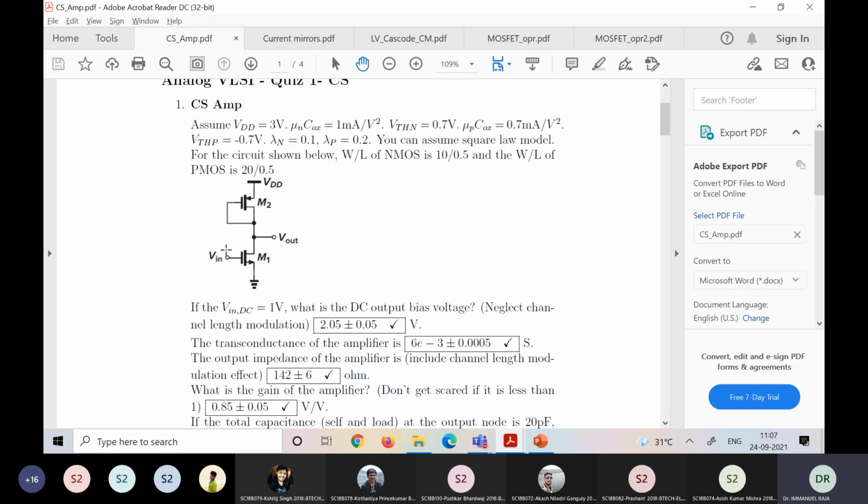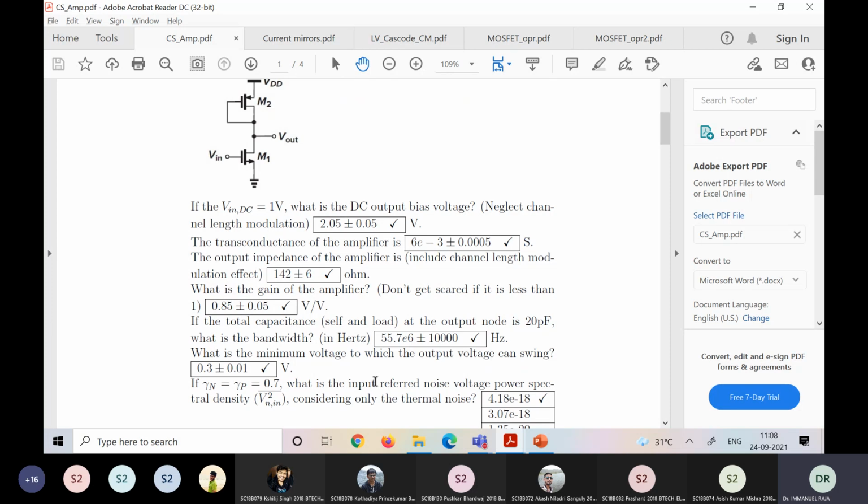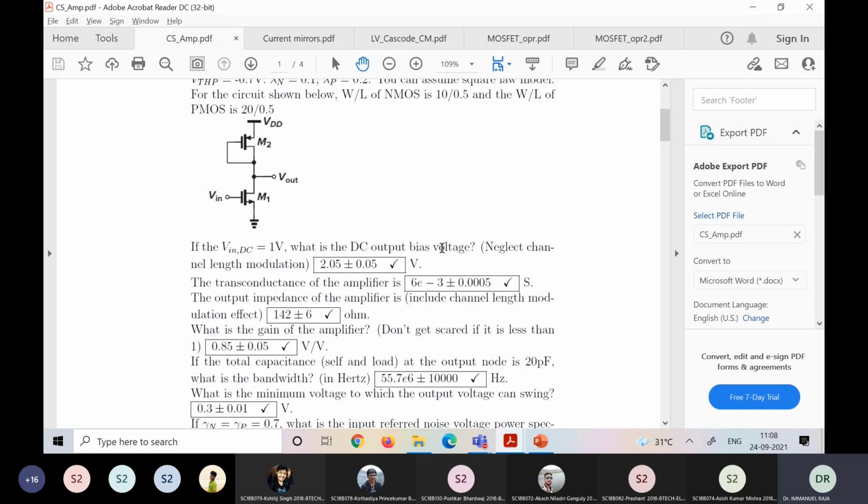I understand sometimes it happens that in between you make a mistake. For example, transconductance, you make a mistake, then a lot of things get changed. So just pay attention. You need to get it right. So that is the thing. Okay. So let me discuss the answers, but also please, those of you who got it wrong, please learn it correctly so that you don't really lose your time.